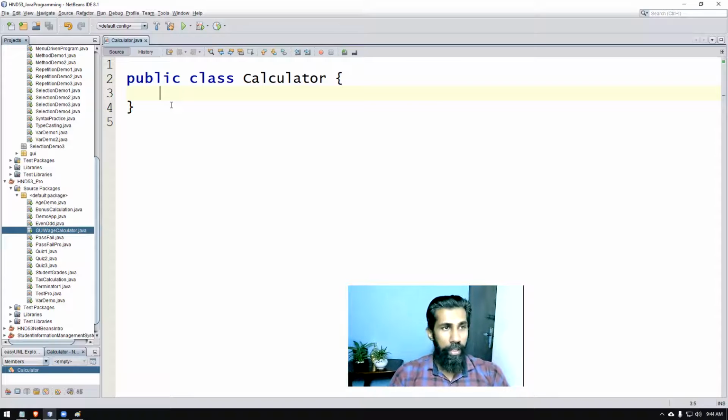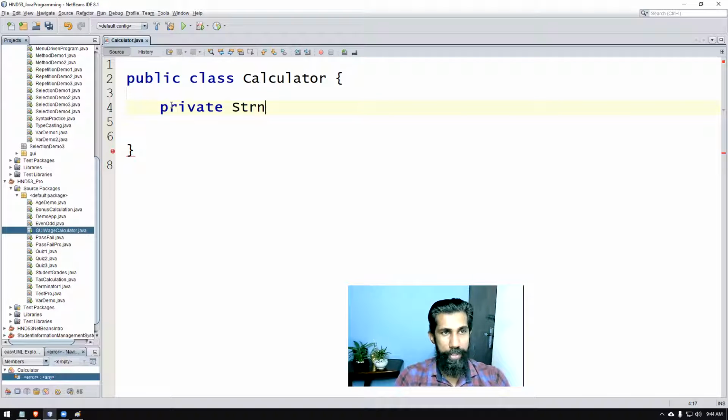Okay, right. So as usual, I'm not going to directly type the main method here. I'm not going to do the main method first, right? So in this one, I'm going to create some information here. So let's say private string brand, and I'll give a brand name for that.